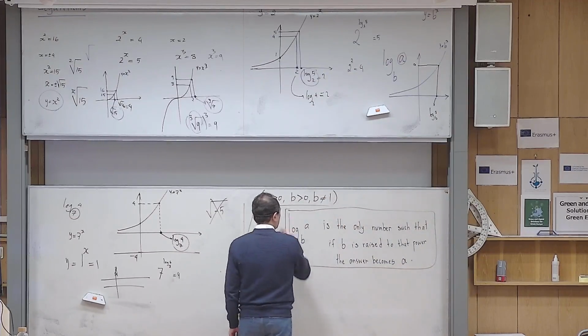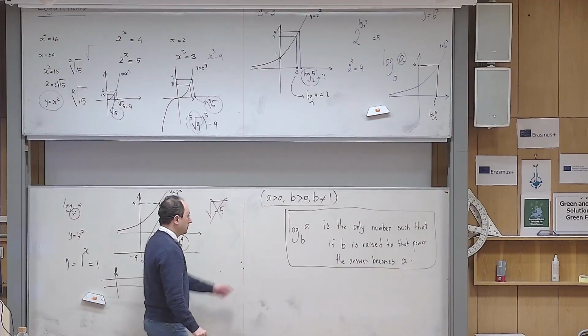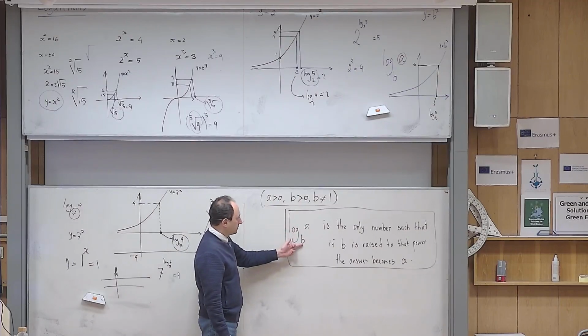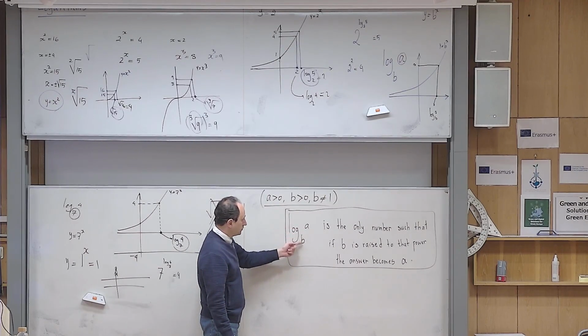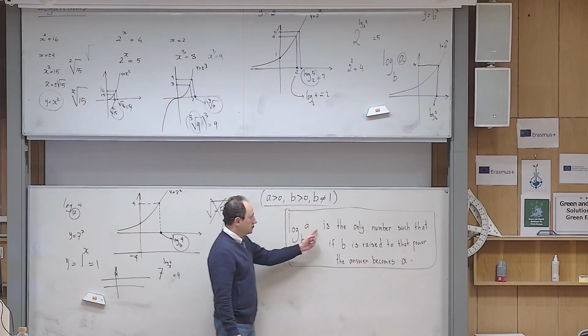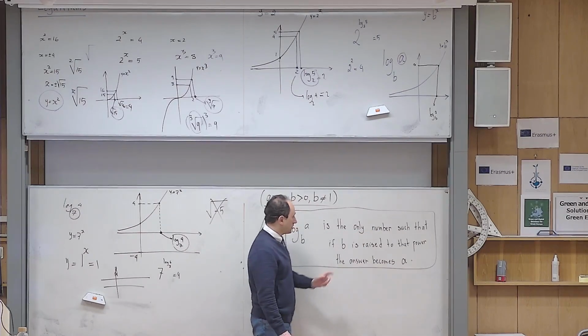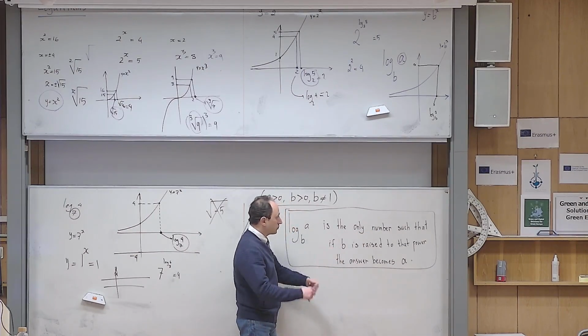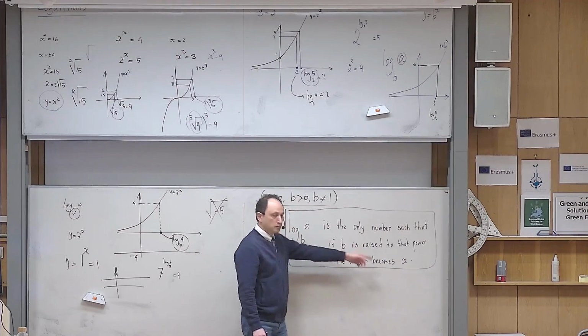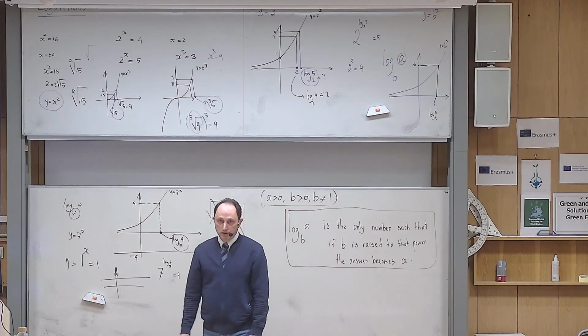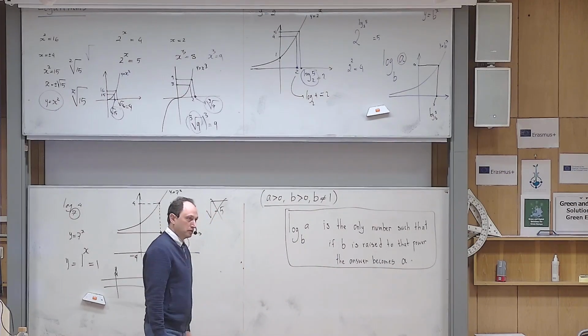I think this is the best way to write it in your notebook. Logarithm of A to the base B, you need to read it in this way. Logarithm of A to the base B under these conditions is the only number such that if B is raised to that power, the answer becomes A. Yes, but I can make it much simpler for you. For example,